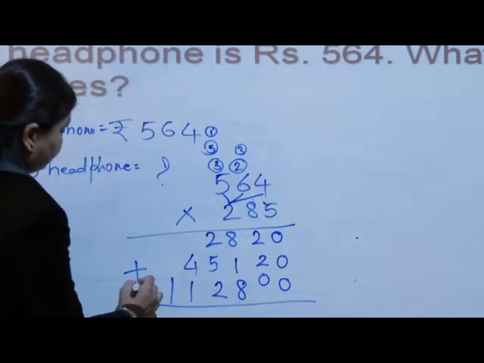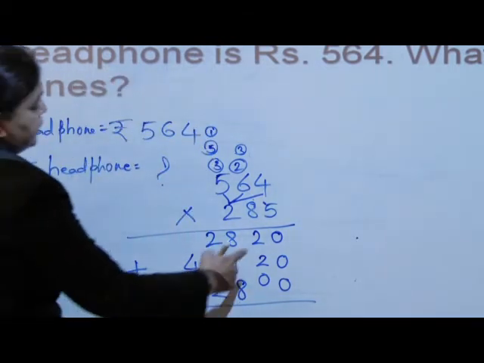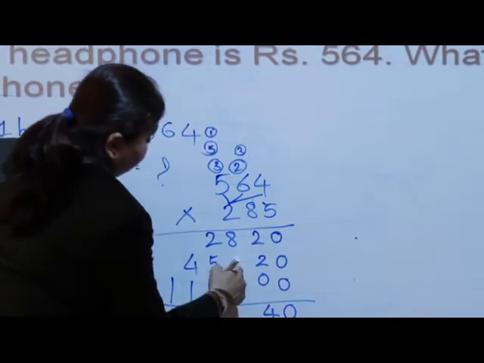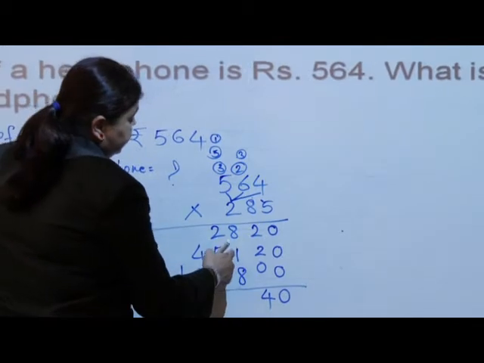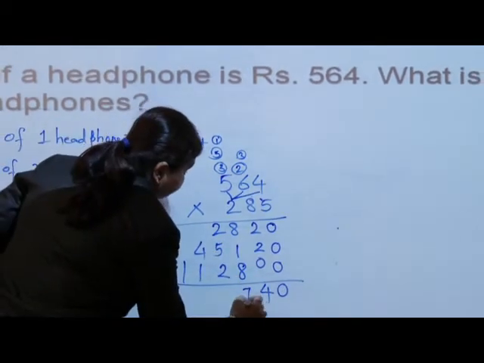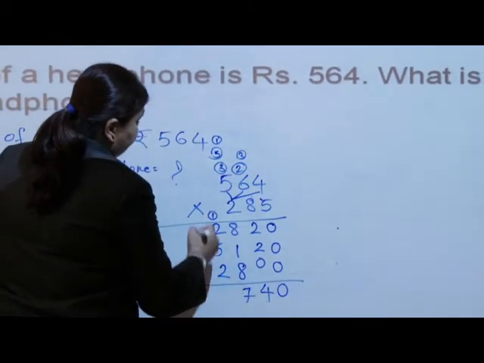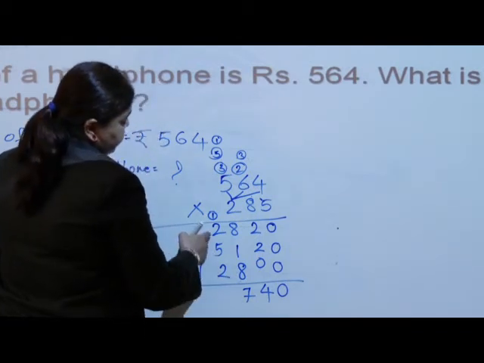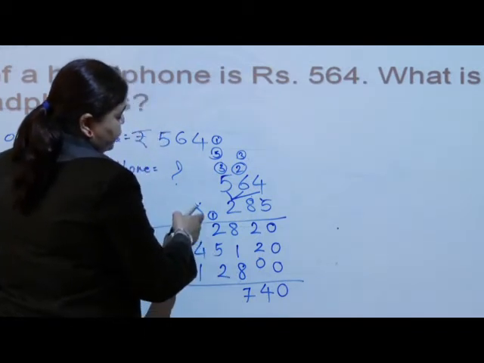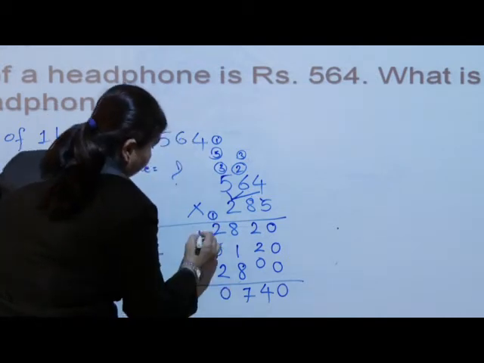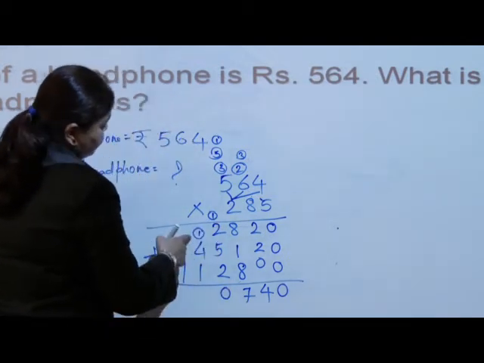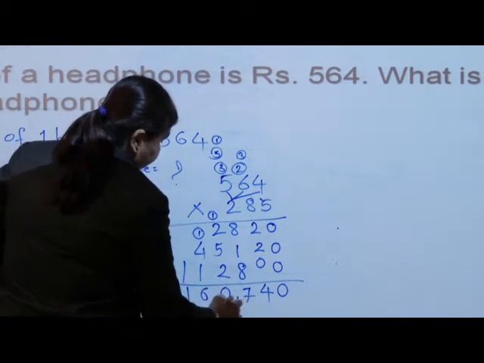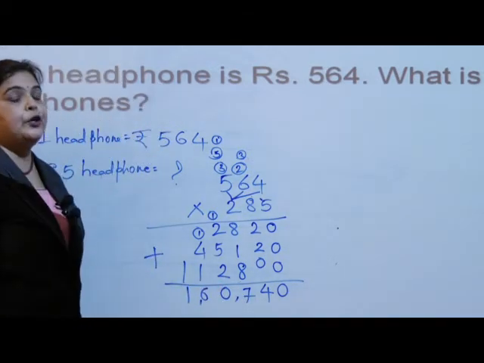What do I have to do? I have to put addition. Yes. Now we will see, this is 0. 2 plus 2 is 4. 8 plus 8, 16. 16 plus 1 is 17. 1 carry. Now 5 plus 2, 7. 7 plus 2, 9. 9 plus 1, 10. So here one more carry. 4 plus 1, 5 and 1, 6, and this is 1. After 3 digits, after 2 digits, we have to put the comma.